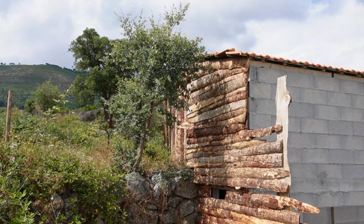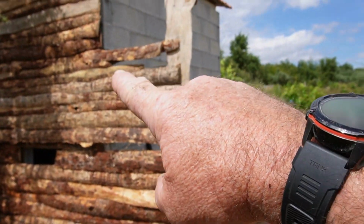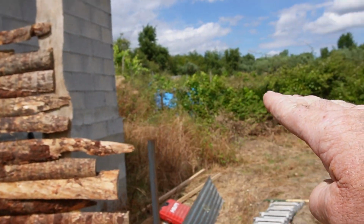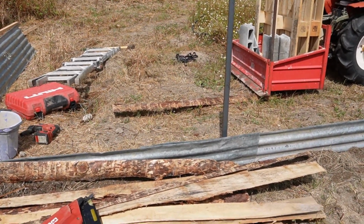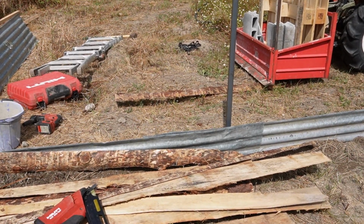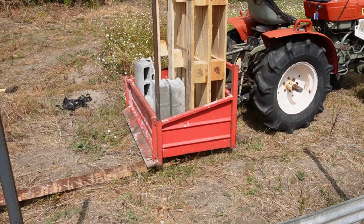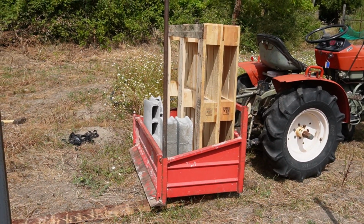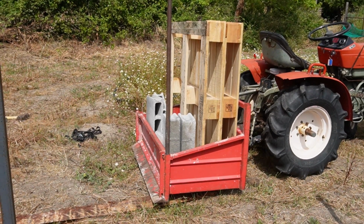So that's the side cladding, and I'll cut it off down to this level here, and what will happen now is I'm going to put a galvanised steel roof on out to here, which means I've got to build the wall first for the roof to go on. So what I've decided to do is use pallets for the wall, and a bit like when we do the animal house builds, we do it the same way so the pallets don't rot out, which means now I have to dig